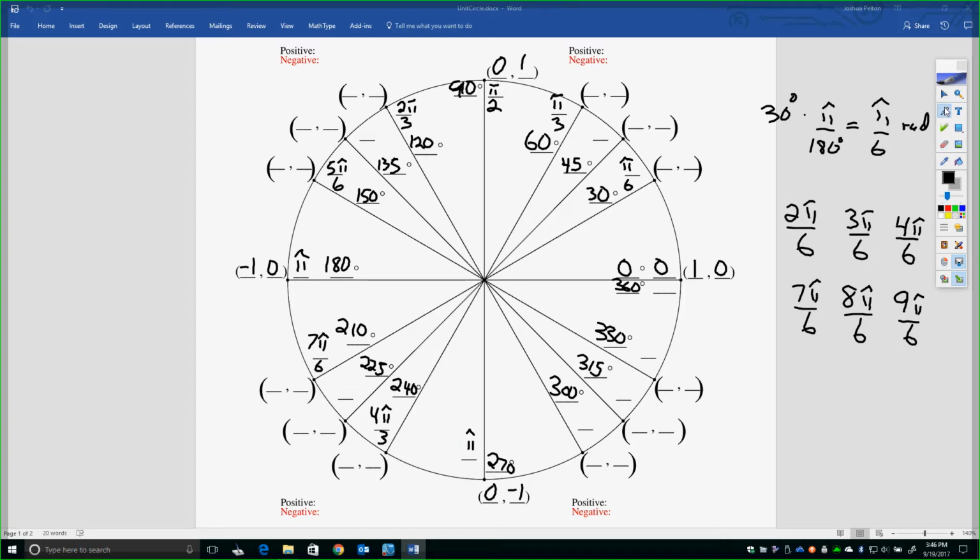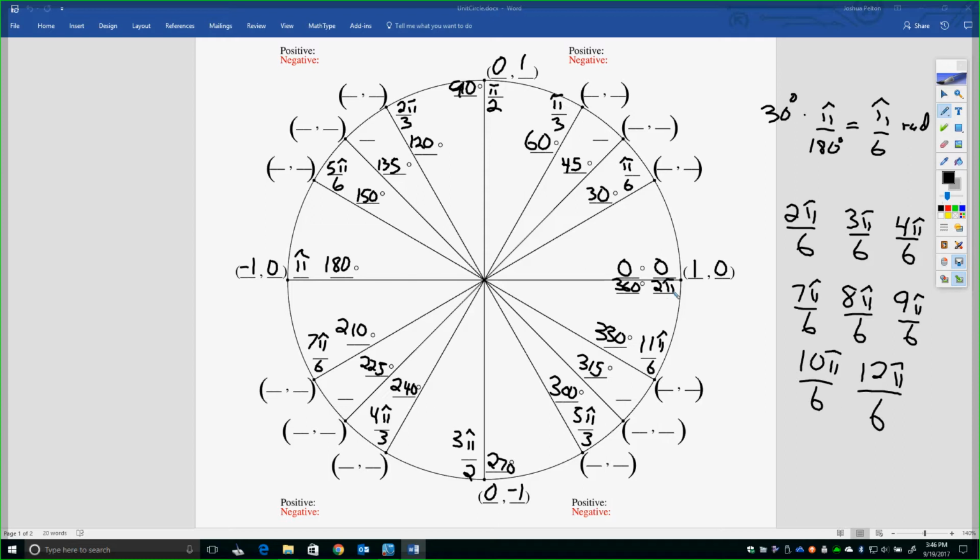That's 1.5 turns around, huh? Or 1.5 around of pi. Alright, so we have 9 pi over 6. Then we have 10 pi over 6, common factor of 2, so that's 5 pi over 3. Then we have 11 pi over 6. And of course the last one, 12 pi over 6, which is 2 pi equivalent. Okay? Alright, so next we need is the